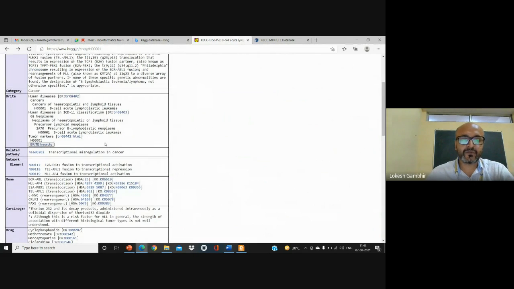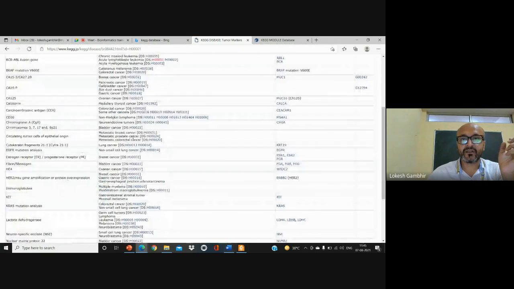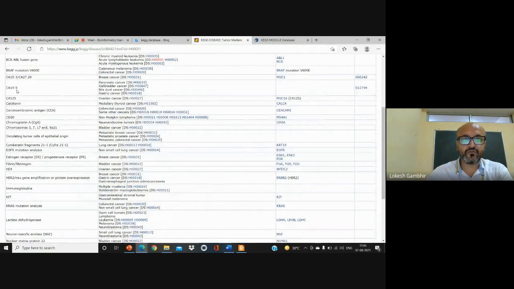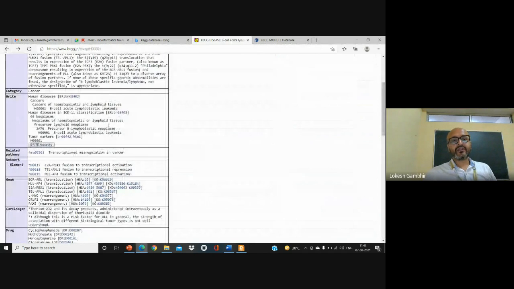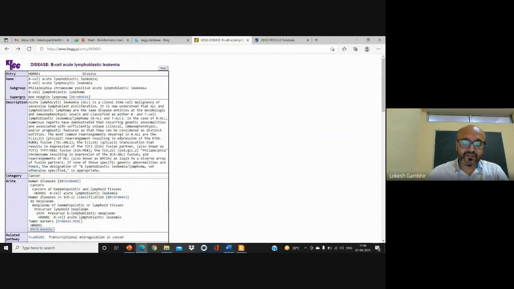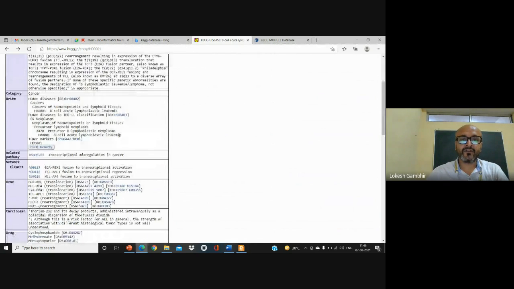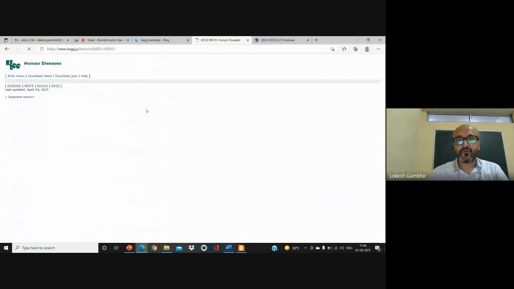Then suppose you want to study the markers, how I will identify that particular cancer, the markers will be listed for you. You can use CD20, you can use calcitonin. All the markers will be listed. So in a nutshell, for any kind of disease, I can utilize KEGG and read all about the disease in this section.